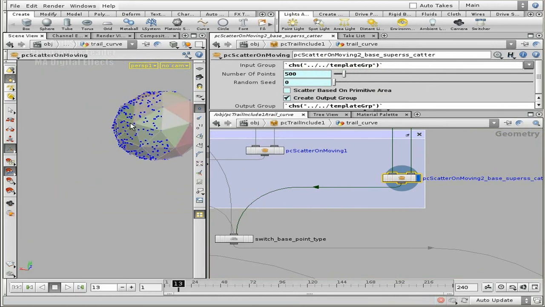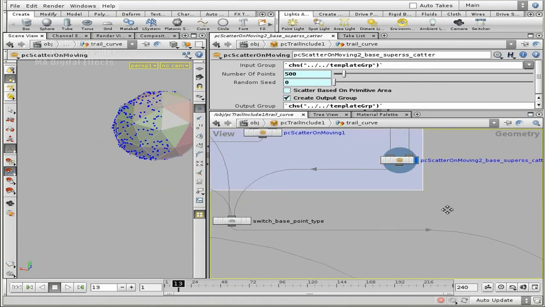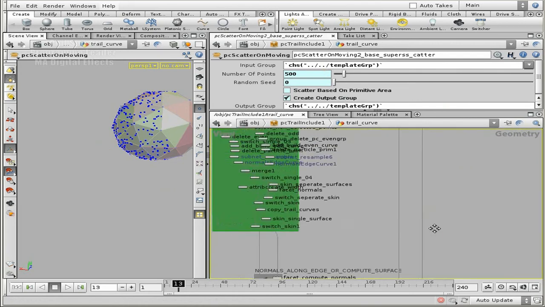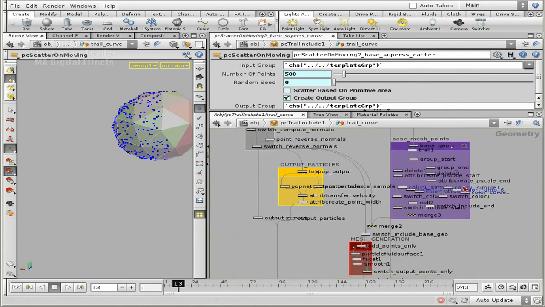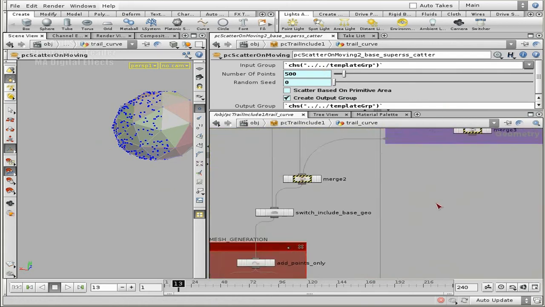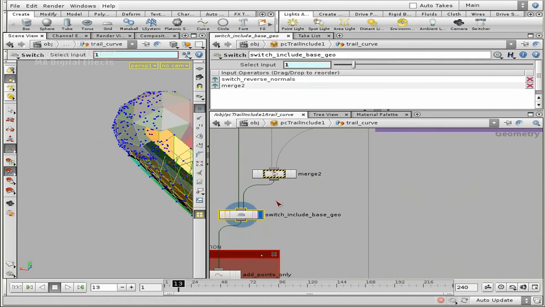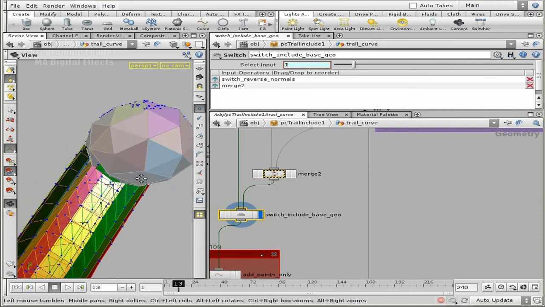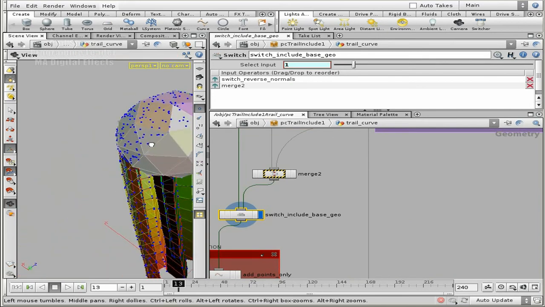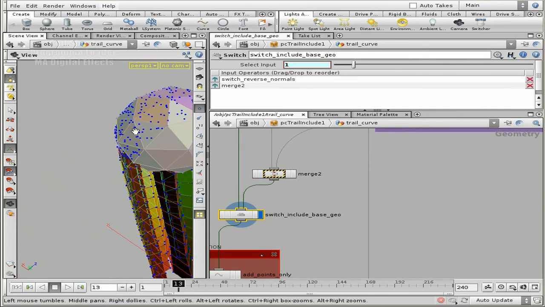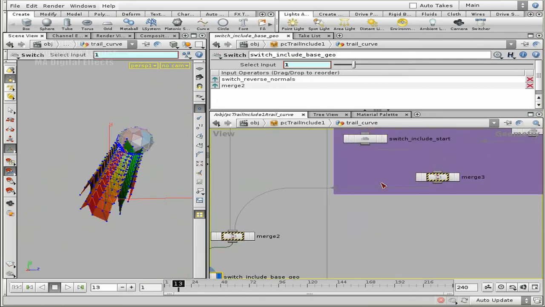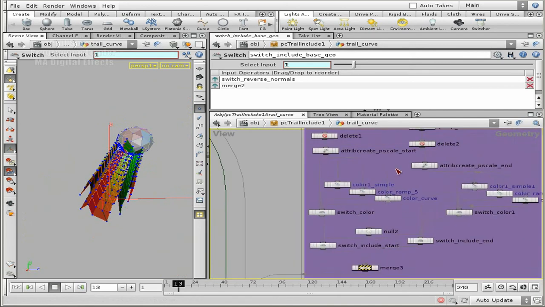But so these are the points that are being scattered, and they will feed through all the way down if this setting is enabled, and they are potentially being used in combination. So if they are turned on, then we would get our curves, which would be resampled at this point, merged together with the points at the start and the points at the edge, at the end, if the points at the end are enabled. So again, this geometry comes in